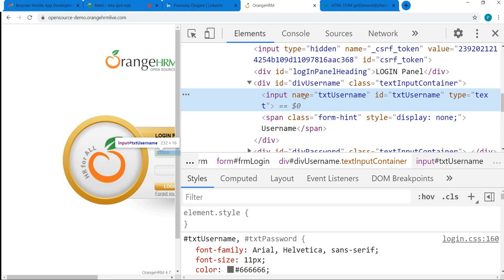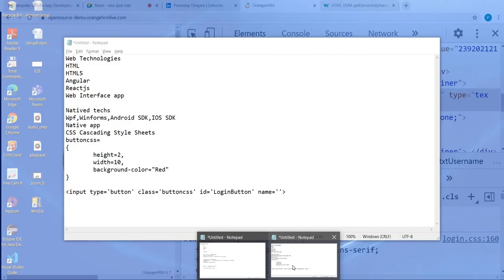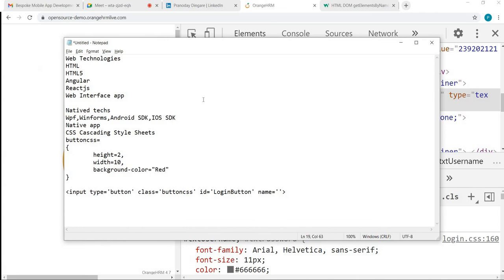Now these attributes are uniquely set, as I mentioned, right? Uniquely set attributes, these are name and ID. This is called an attribute, this is called an attribute value. ID is yet another attribute name, this is an attribute value. Type is yet another attribute name, text is the attribute value. So this much information about HTML we should possess before we go for any UI automation of an application, the interface of which is designed using HTML, right?